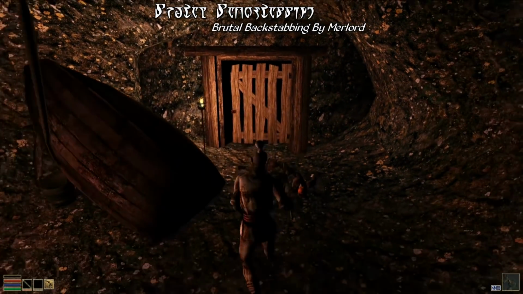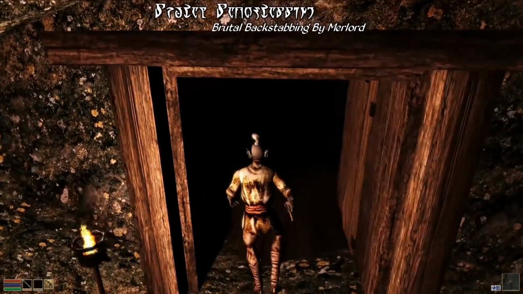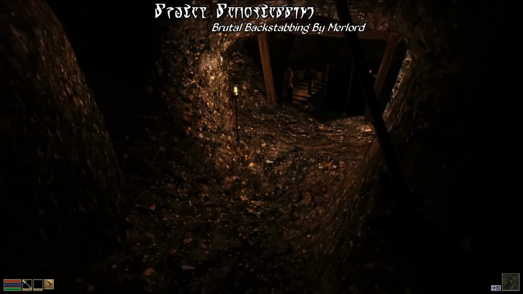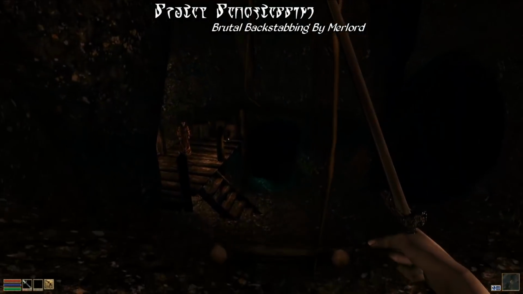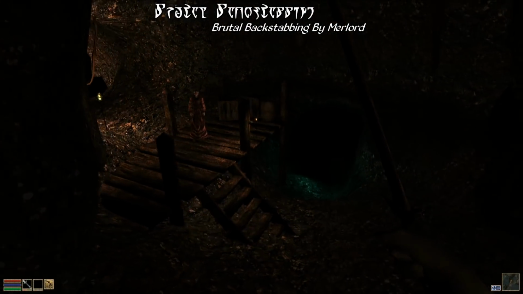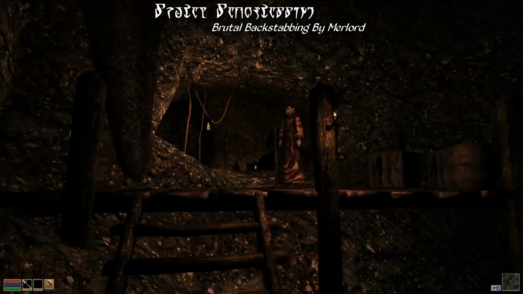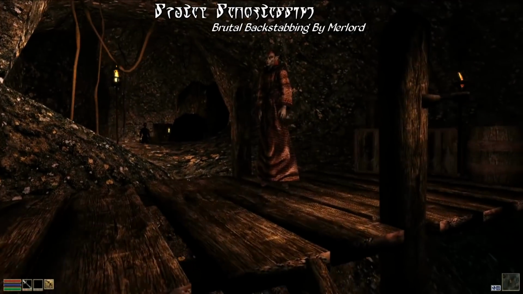But if you time it right, you can get up close to your opponent, and since we're using the stabbing only option, we have to make sure that we use a stabbing attack to pull off a backstab here, which deals 3 times the damage of a normal attack. And if you do manage to do it, you'll see a little message pop up at the bottom of the screen saying backstab. And this is just a really fun and useful mechanic for thieves and assassins,